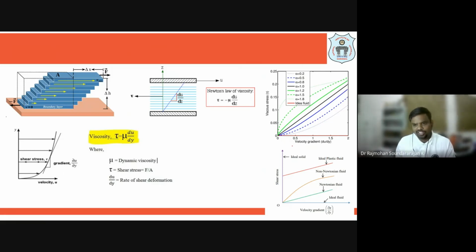I hope you have studied the rheology diagram in your theory. There are many fluids like thixotropic fluids, dilatants, or Bingham plastic, which can initially withstand some shear stress. Other than that, we have the ideal fluid and the ideal solid. What is an ideal fluid? One where viscosity is 0. Also, we know that near a solid boundary, a stagnant liquid film will be formed. That means the velocity of that film will be 0.